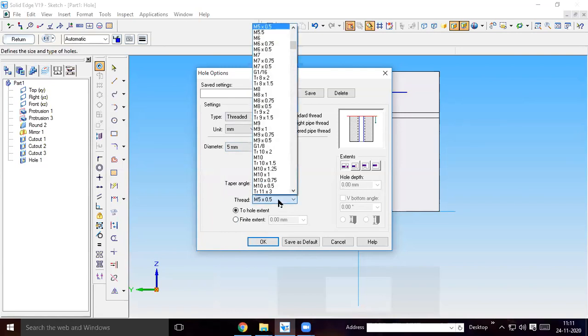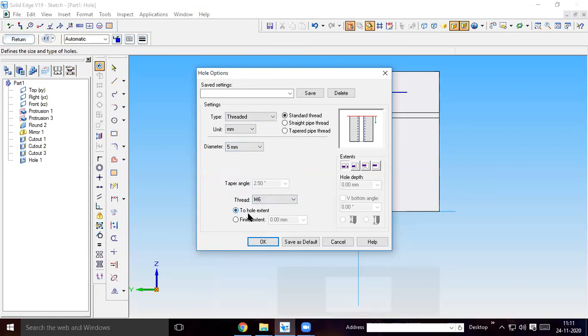Then thread of M6, as they have given. Finite extent. Thread depth will be 10 mm. Hole depth, finite extent here also. Here you mention hole depth is 13 mm.